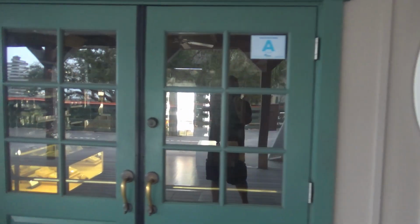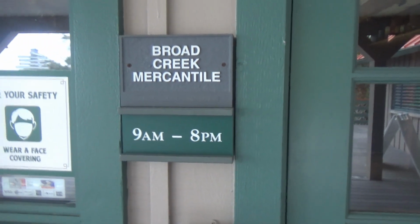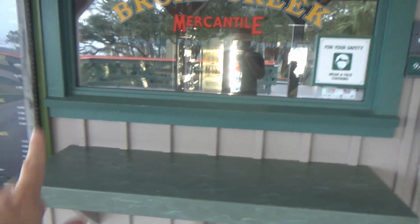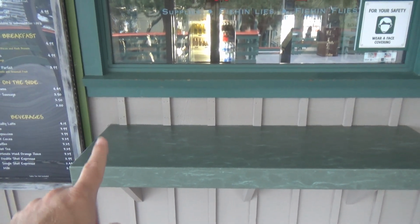So here's the Mercantile. They're currently closed. They do open up at 9 a.m. and are open until 8 p.m. They also do stuff out here, and we'll try to come back and get some filming done, where they have pin trading and a quiz of the day. And if you get the quiz of the day, what's really cool is you entered in a raffle for a